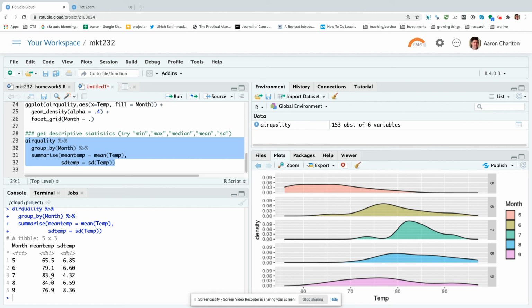Interestingly, the standard deviation is the variability. It's showing that I have high variability in September, like I said. So it's 76.9, but it could vary quite a bit. But the variability in May is actually not that bad. It is the second highest, but it's not hugely more than July or August. So the standard deviation,